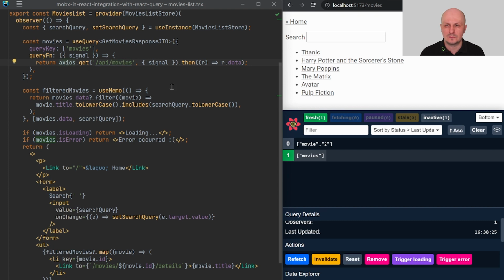We use actions for getting data from backend, and this is very nice that React Query supports cancellation of HTTP requests by serving us the ready signal, so we can pass it to the actions or any other fetching library. So this is great. And later on we have a computed state, filtered movies, inside the React component, which